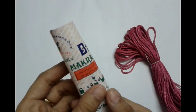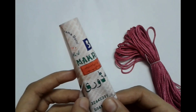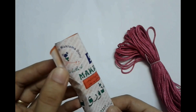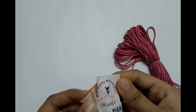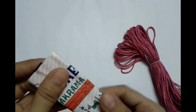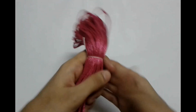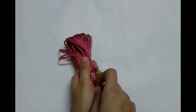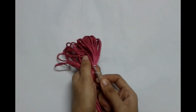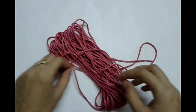So it is a local yarn available here in Pakistan, and you can find it anywhere at the craft store. The best quality macrame dory. This is called basically macrame dory. It is a type of string, you can say. So it comes like this, and how does it work? You simply have to take this off. Okay, so